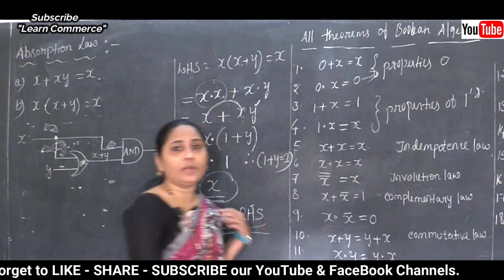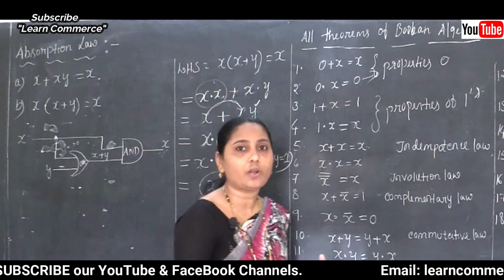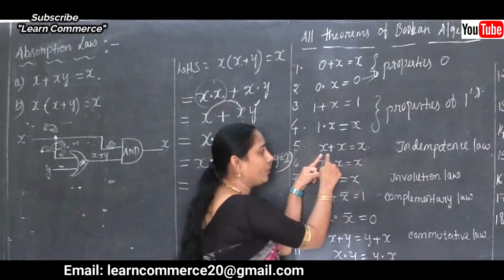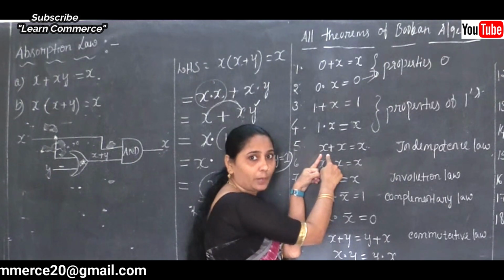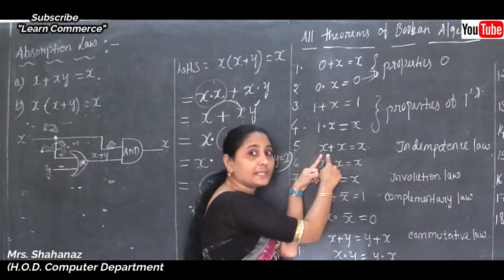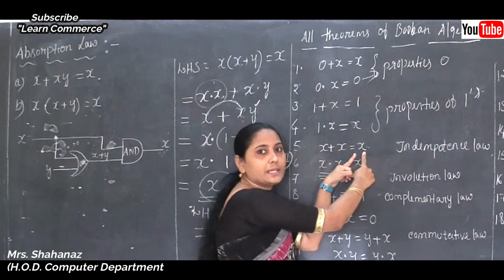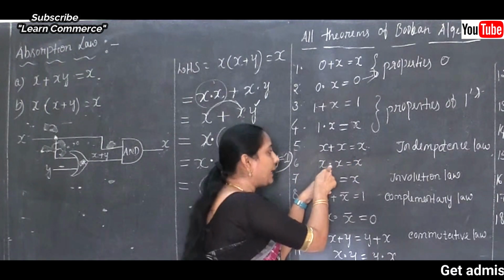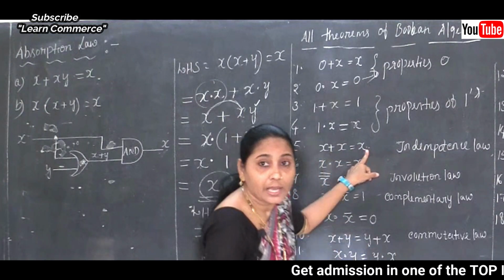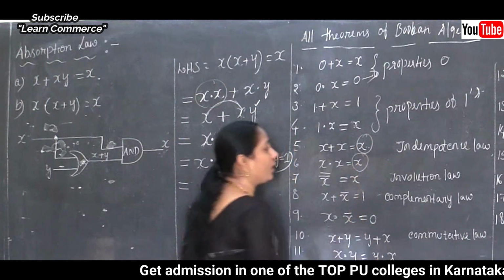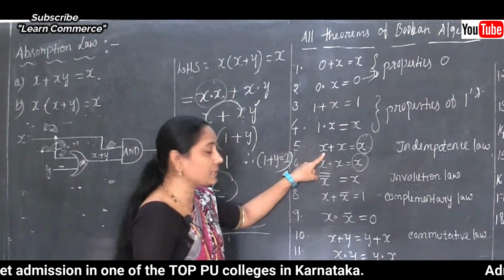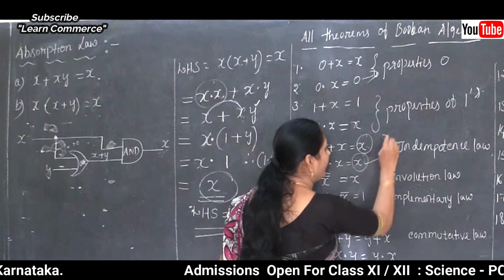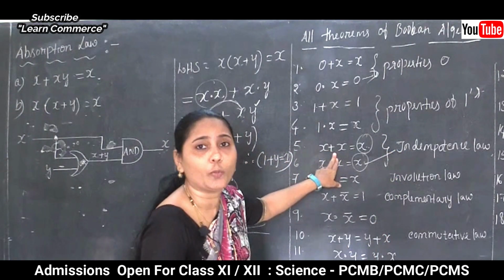We know that when a variable combines with itself using the OR or AND operator, the output will be the same variable. So how are we going to combine here, and which variable do we combine? X plus x here. And what's the result? The result is the same. So when a variable combines with itself using AND or OR, the output will be the same variable. So this is our idempotence law: x plus x is equal to x, and x and x is equal to x only. So these two laws come under the idempotence law.